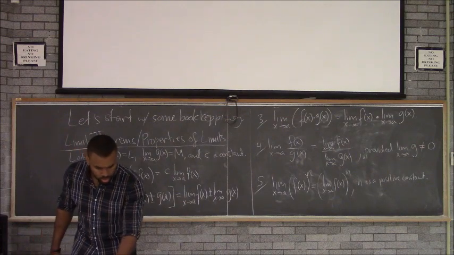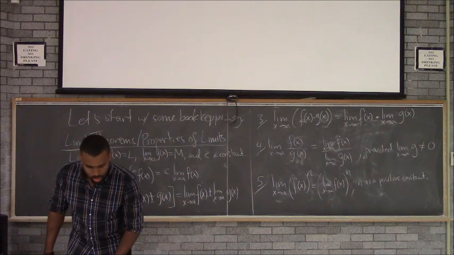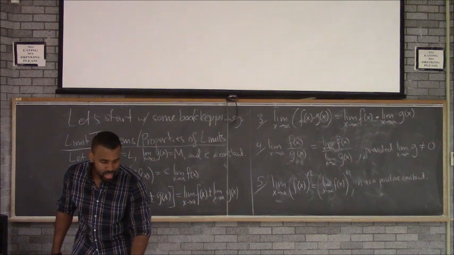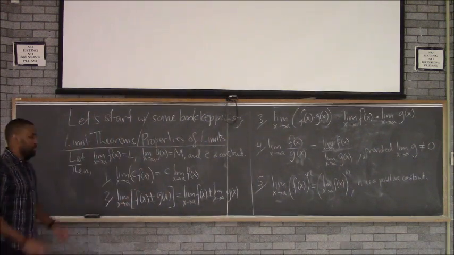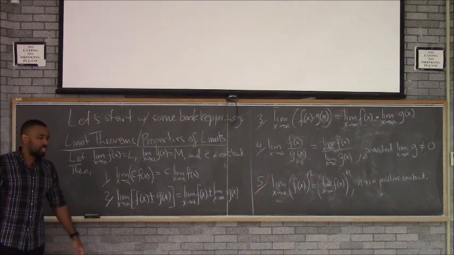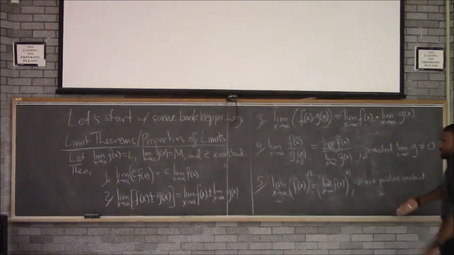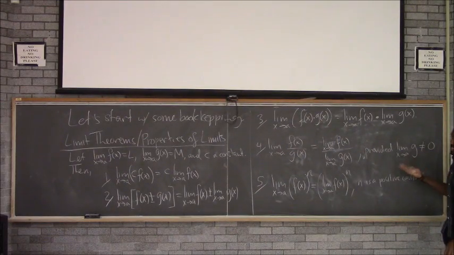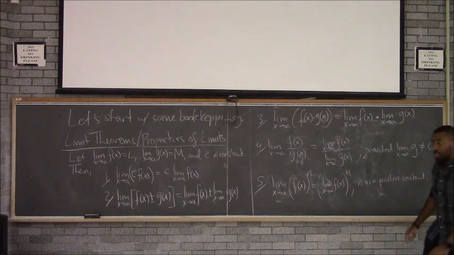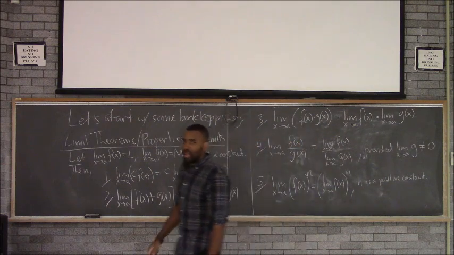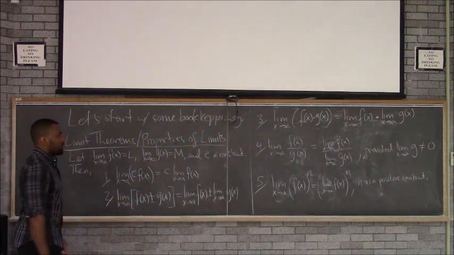So I just wanted to make sure I mentioned those things. Probably should have mentioned it a while ago, but based on the rules that I've already given you, these kind of felt automatic, right? The plug-in rule for limits kind of suggested that all these things would work anyway. But I want you to specifically know that these are things that someone went through, took the time and proved. It's kind of why I know the plug-in method can work when it works, and you should know. So limits have a lot of very nice properties, and these are just some of them. You can factor constants out, distribute across sums, distribute across products, distribute across quotients, go inside of powers. They're really nice. Very few things can do all of those at once. So you should just be aware of that.